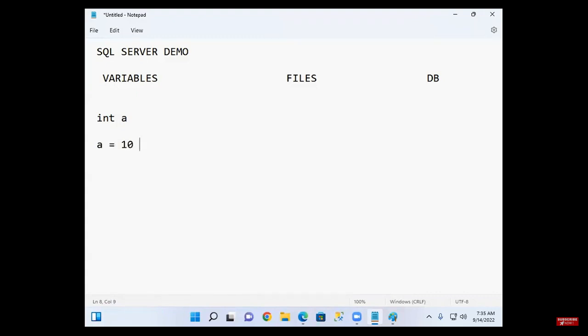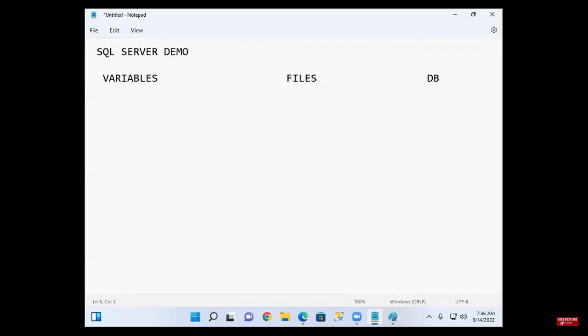You are storing some data, 10. So in variables also we can store data. We can store the data in files, like Excel. In Excel we can store the data or not? Yes. So these are the different ways, methods for storing the data.